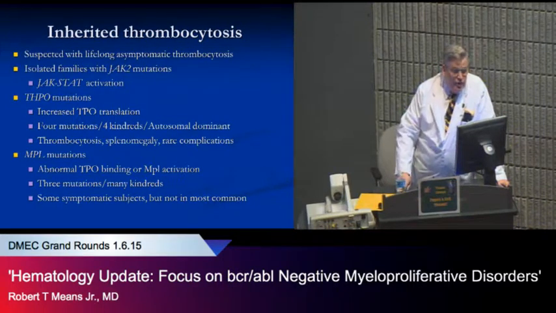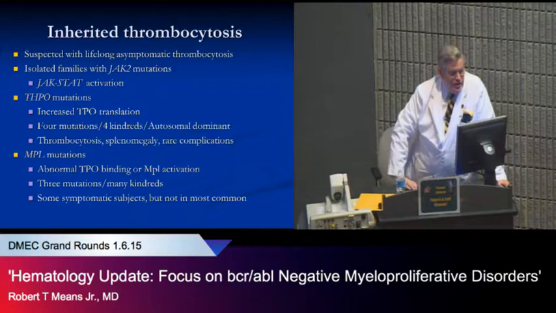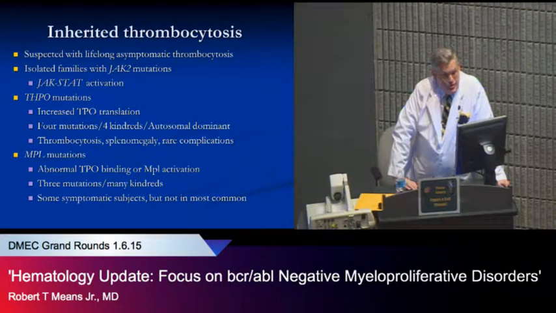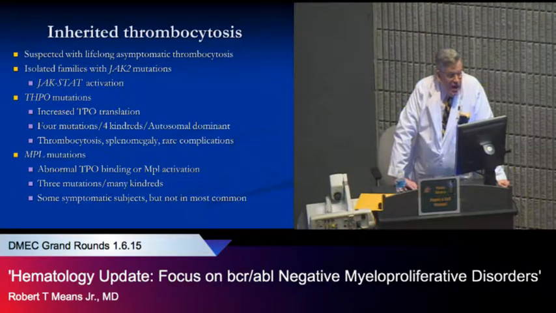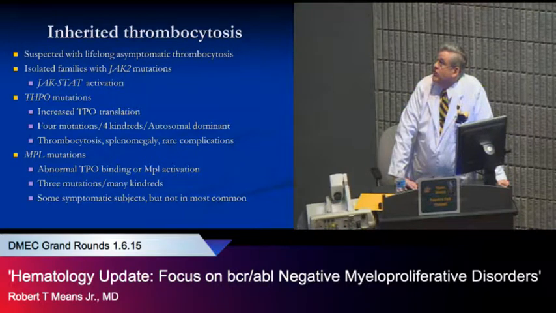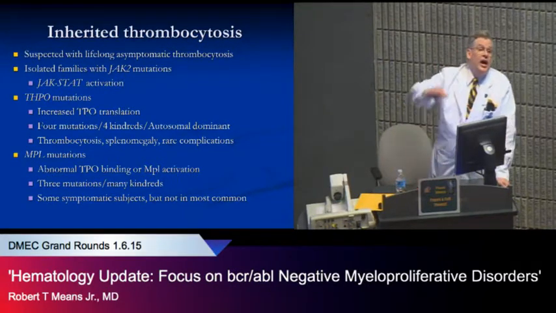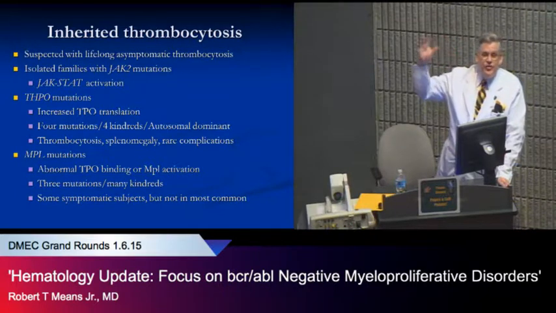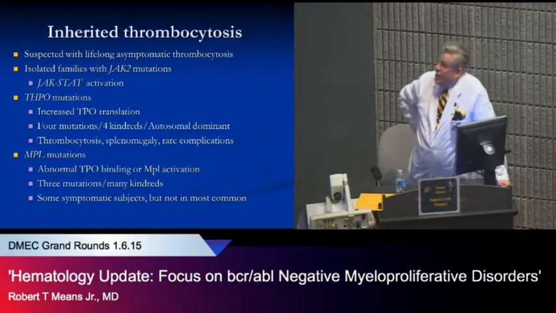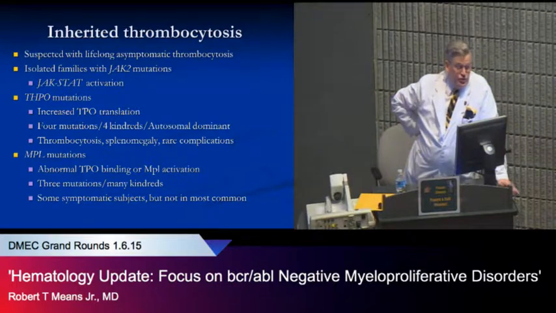So what about the inherited thrombocytosis? Again, uncommon, but may show up in various circumstances. You suspect it if you have someone who has lifelong and, fortunately, typically asymptomatic thrombocytosis. There's some families that have JAK2 mutations. How does that work? It's an anti-apoptotic, gain-of-function mutation that prevents megakaryocyte apoptosis, so more platelets